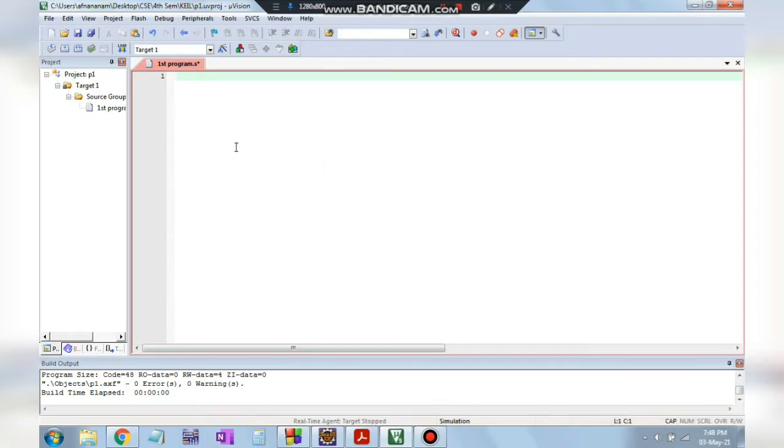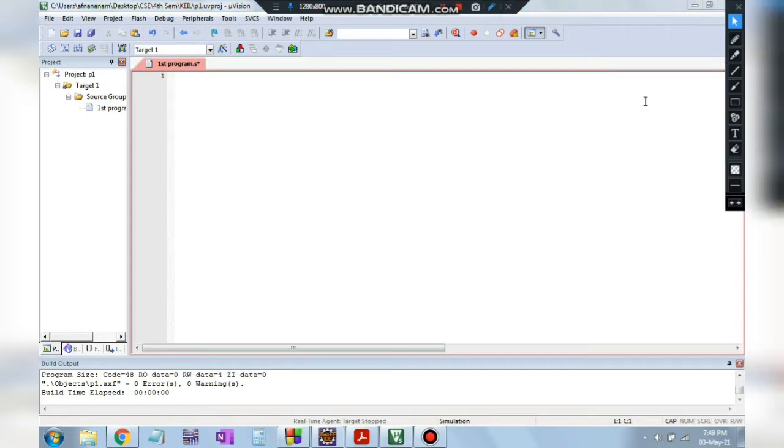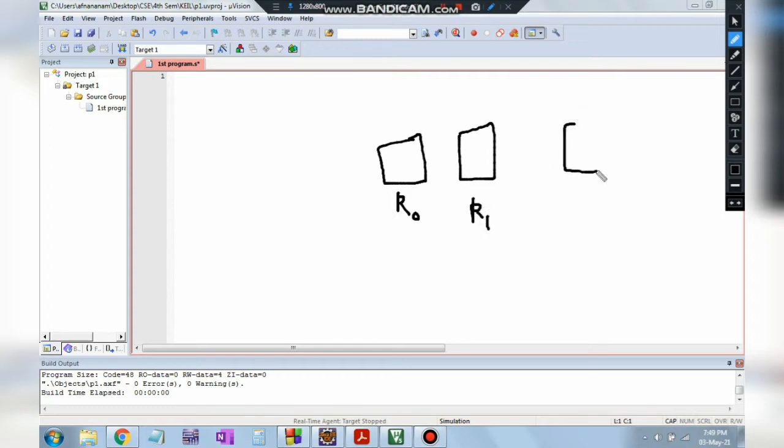First let's open this. Now see, to find out the sum we need a loop. Why we need a loop? Because in each iteration what we will be doing is, see here, this is R0. We'll be taking registers R0, R1, and to store the result we will be using R4. We can use any register, that doesn't matter. And another register we are using is R5. Registers are nothing but to store the values, like a box you can consider.